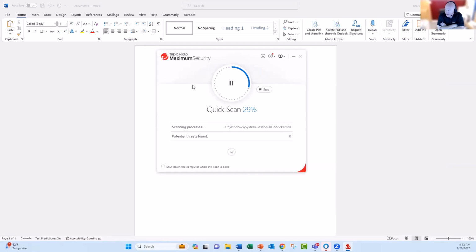Now, I will tell you that most of these products are going to pick up things. I'd be surprised if this scan that we're running right here doesn't pick up something on my computer, because they will pick up what they call PUPs, which are simply web cookies and things like that that may not be malware itself, but